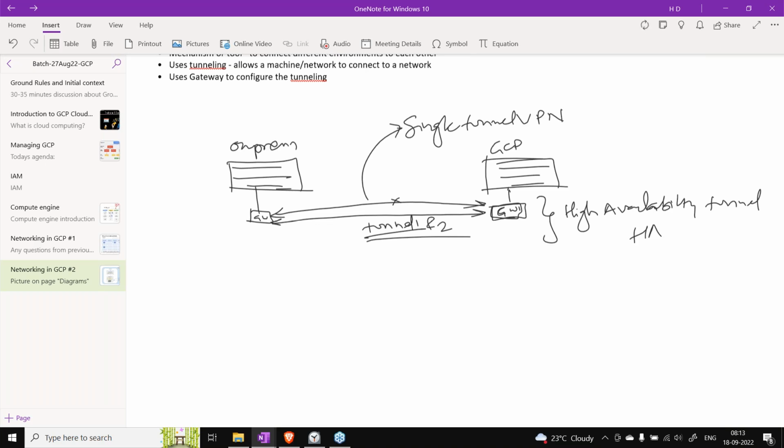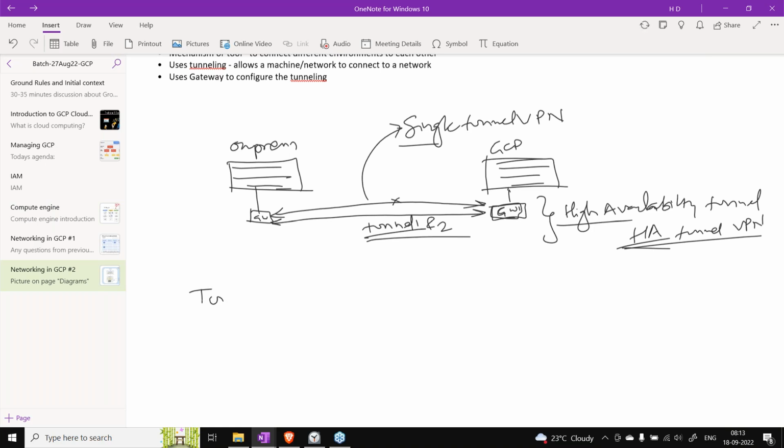This is HA, high availability VPN. So there are these two types of VPN connectivity between on-premise and GCP: single tunnel VPN, or HA VPN. Single VPN will have one tunnel, HA VPN will have two tunnels.